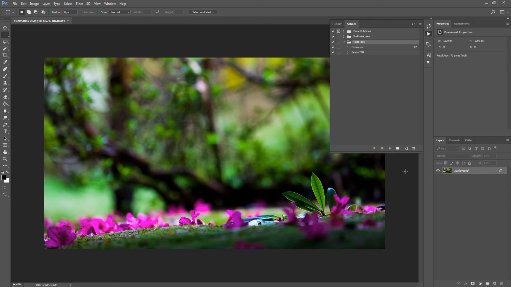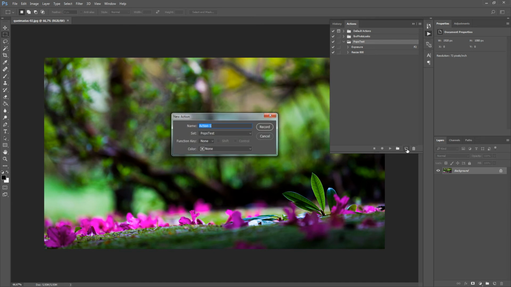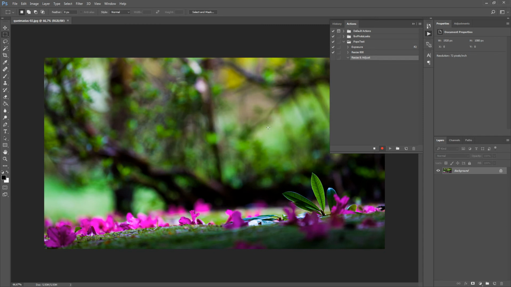So inside this folder, we just create a new action, and I call this resize and adjust. All right, immediately we already learned that it goes to record mode, so it will record everything we're going to do here. So what I want to do is, first of all, I just resize it, and in the last